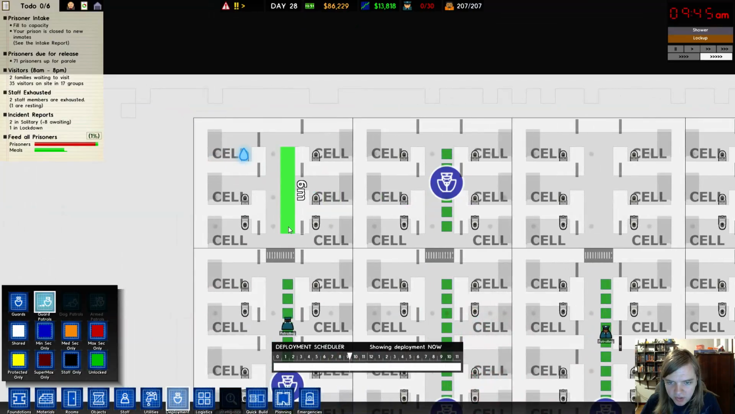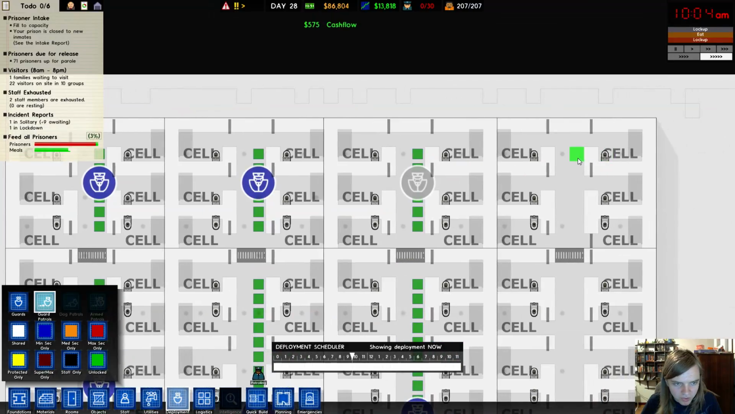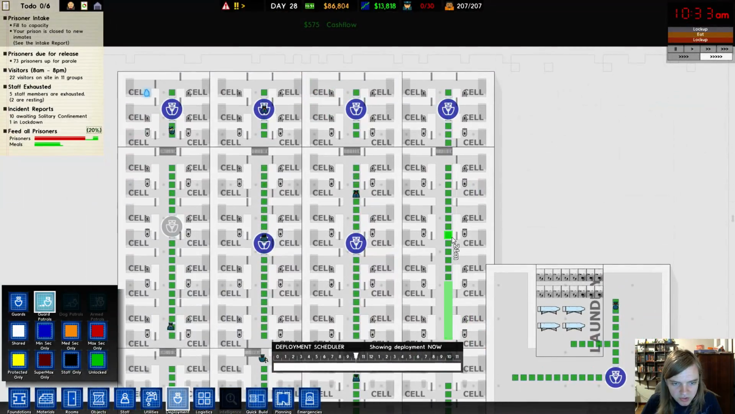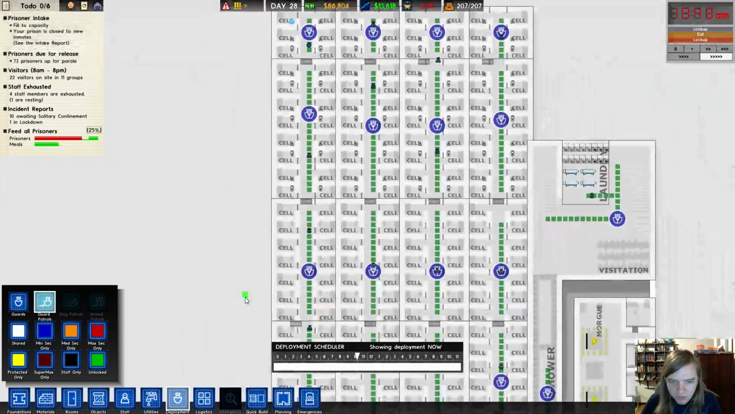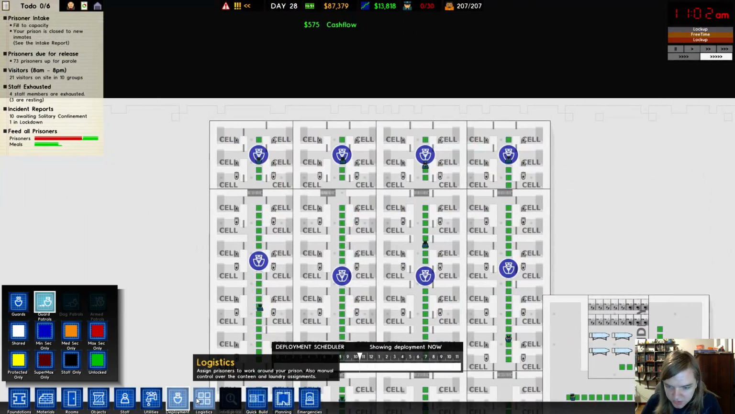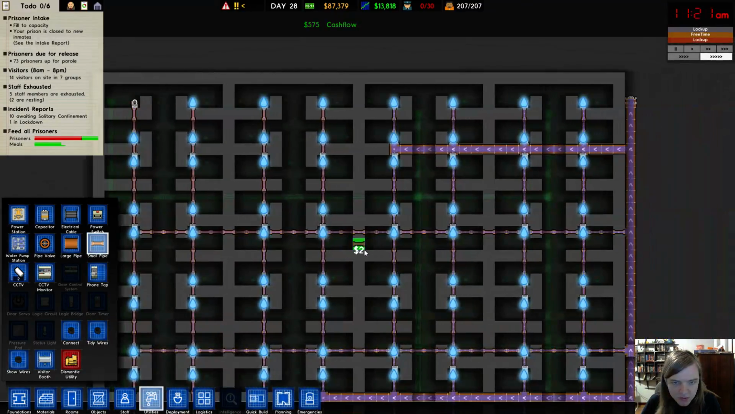I put a guard here, a guard here, guard here, guard there. This entire section needs a guard. 30 guards, so that should be good. Let's hop into utilities, figure out